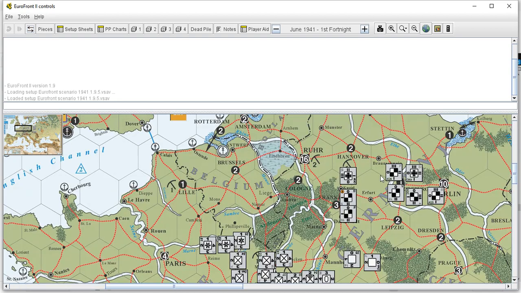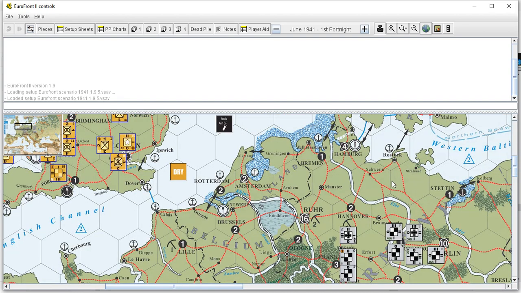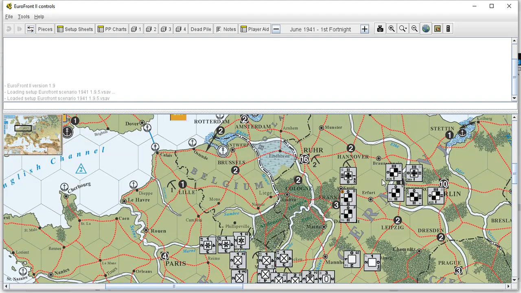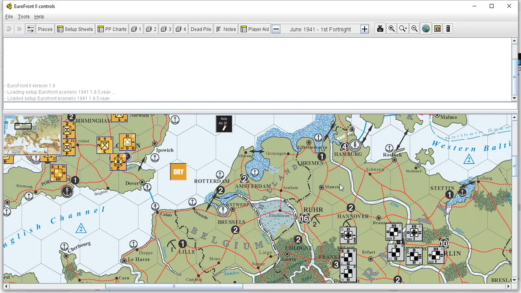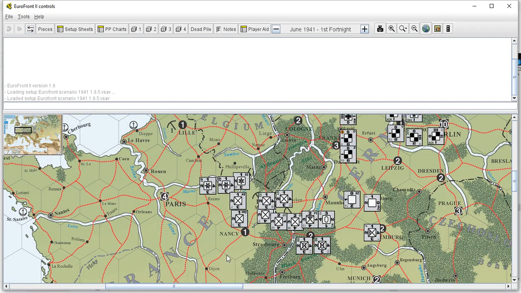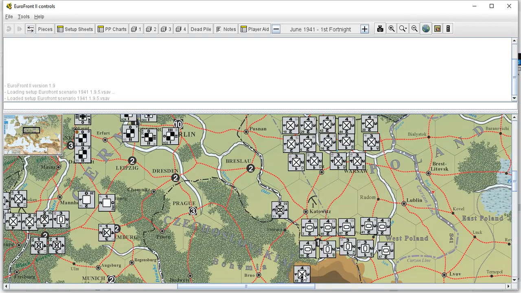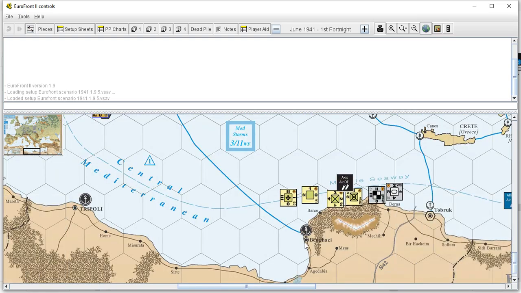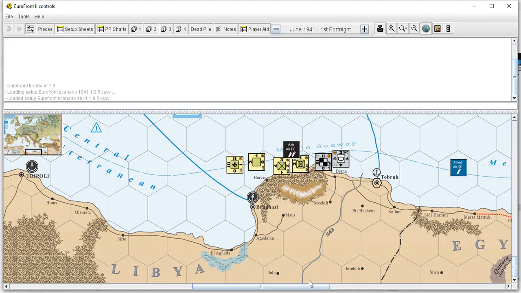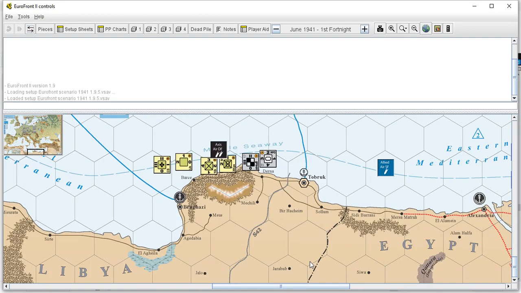This is the full Eurofront. You wanted to play a campaign from summer 1941 onwards, and you wanted to do everything from Operation Barbarossa, and I think it was Battleaxe. The British launched a temporary counteroffensive right around the border of Egypt and Libya,